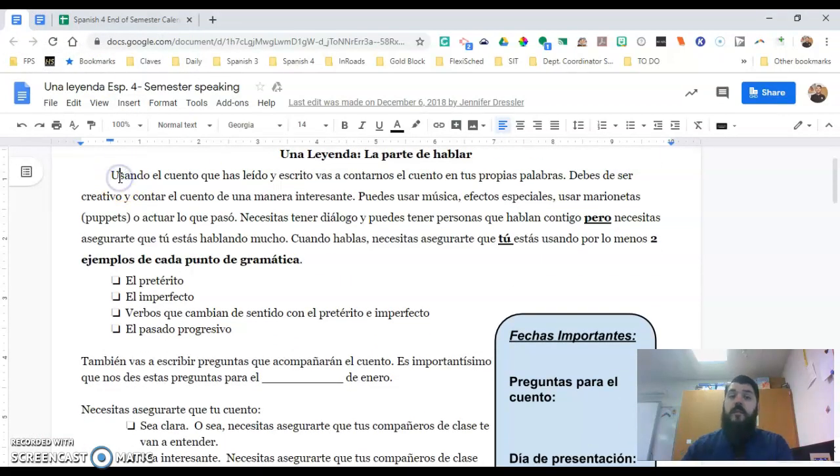So again, learning what we've been learning recently, the story that you just read about La Puerta del Infierno, you guys are going to write and then tell us in your own words your story that you choose. So again, related, same story that I just talked about. You're going to do this again, except you're going to retell the story.